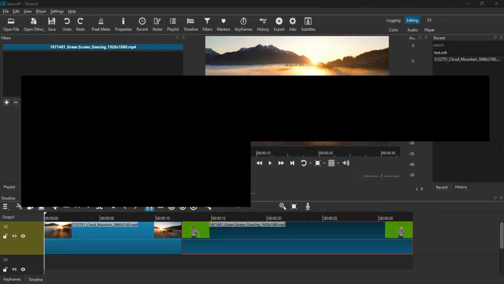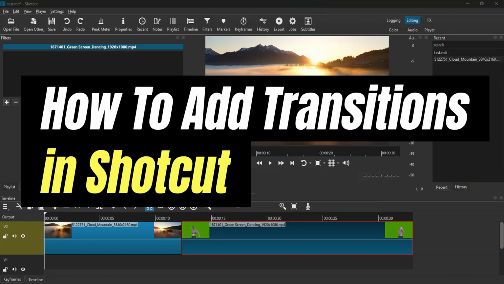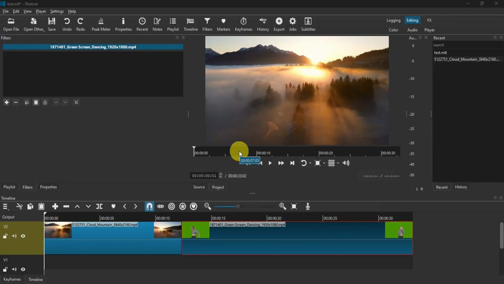In today's video, we'll learn how to add transitions in Shotcut, adding smooth transitions, a Shotcut tutorial. So for us to be able to begin, just open Shotcut onto your device and open the project wherein it has your clips. So you'll just have to go ahead and add in your clips, and right after